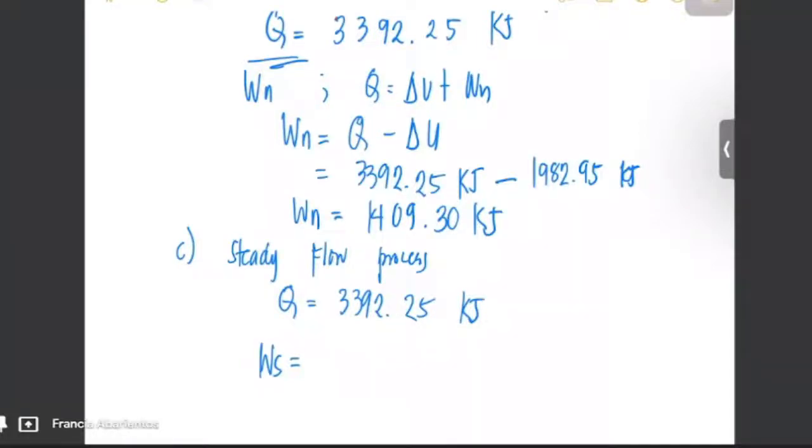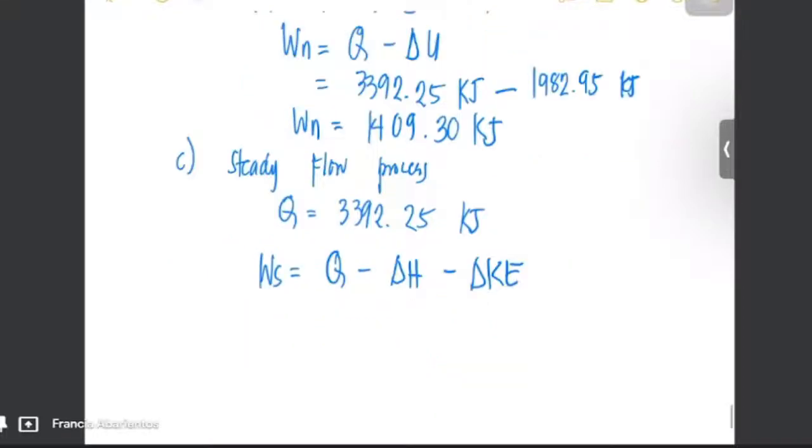Yung sa isothermal process natin, ano yan? Is Q, the heat, minus the change in enthalpy, minus the change in kinetic energy. So, since sa problem class, the change in kinetic energy daw is equal to 0. So, the work of the steady is equal to the Q, 3392.25,